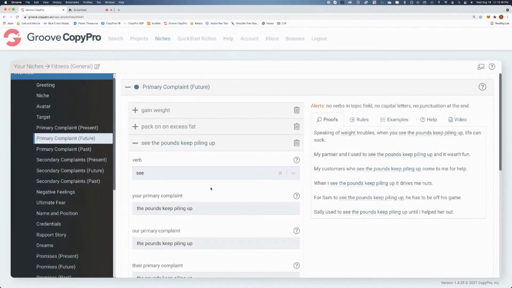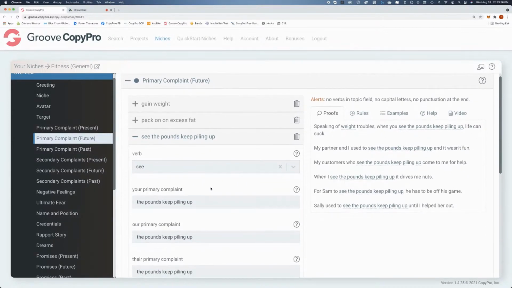I mean, we want people that are gaining weight, and we can also talk about something related specifically to fitness. Yeah. And how about the way they look, like the body shape? Okay, that's a secondary complaint. I'm glad you brought that up, because the primary complaint is the technical problem of what's really wrong. Let's say the primary complaint was I can't lose weight. When you can't lose weight, life sucks. And that will also lead you into looking bad, feeling bad, not liking your clothes. Those are secondary complaints, and secondary complaints, like we talked about last week, really sell everything.